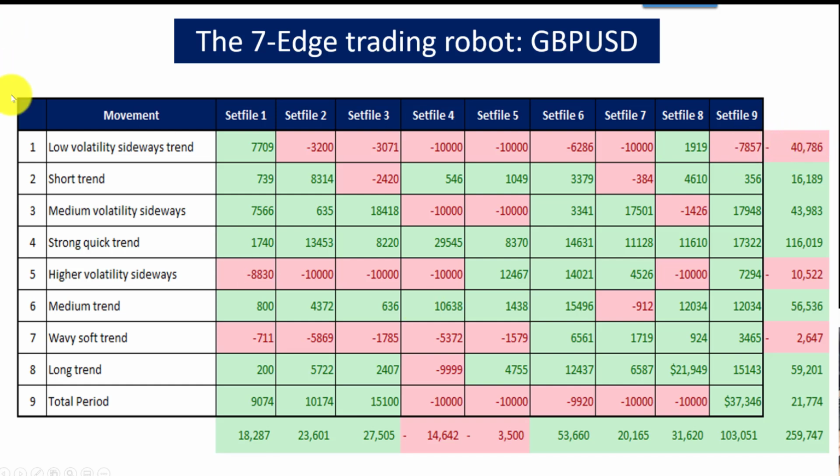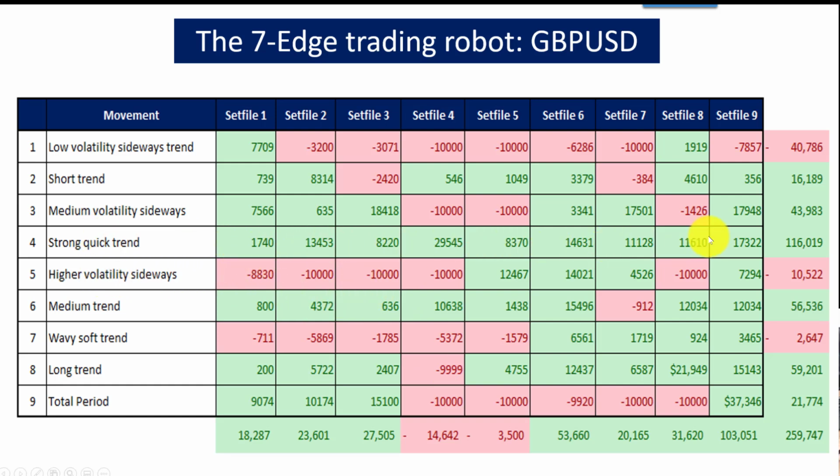Okay, and then the other thing is when it encounters good conditions, here, the strong quick trend, look at this. Any setting will make a profit. Any setting. So people go around and say, oh, I want to find the perfect setting. Don't try and find the perfect setting. Try and find the perfect market or the perfect currency in that particular market. That's where the things lie, not the settings. People waste so much time on settings. But anyway,